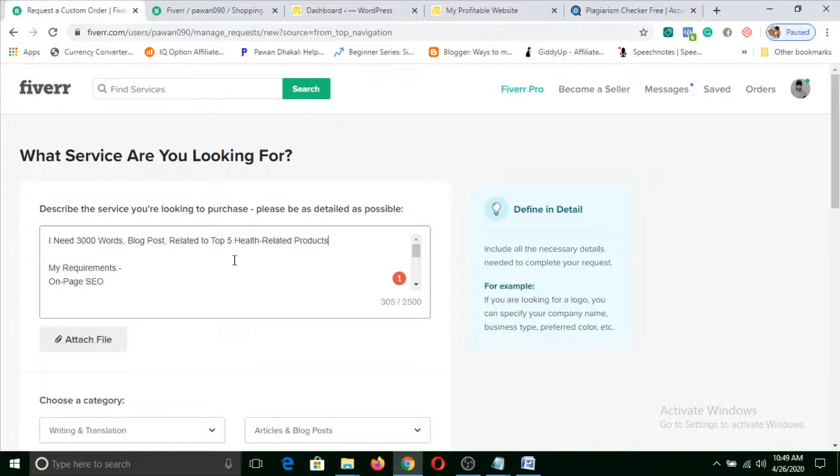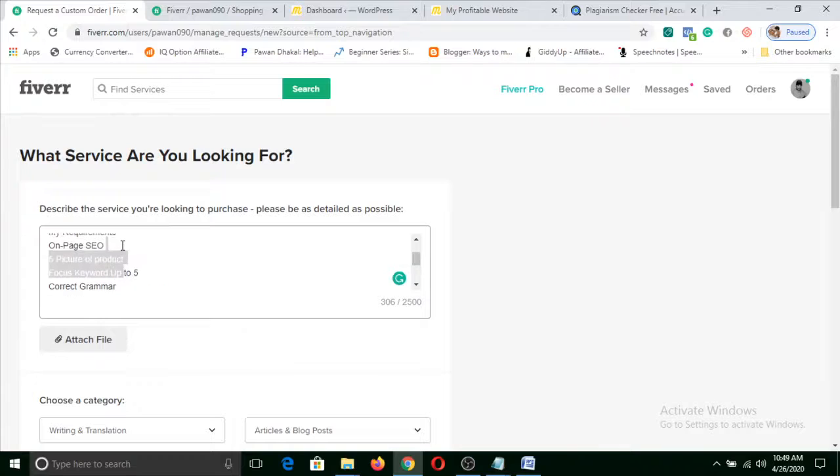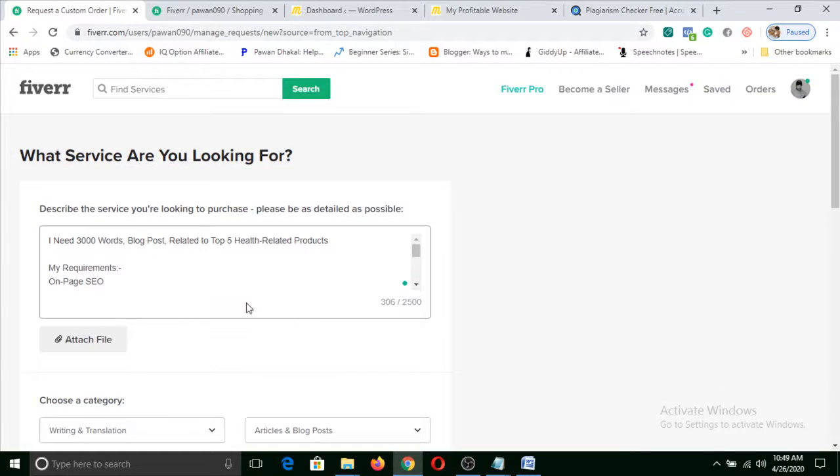So as you can see, "op2" is closed, so it is suggesting us to differentiate a little bit. It is telling us to give a gap in here. So Grammarly suggests that properly, and if you have any spelling mistake in the article, it would help you to correct it.